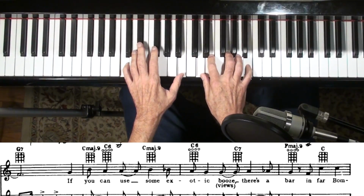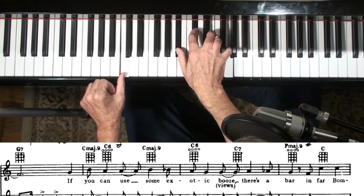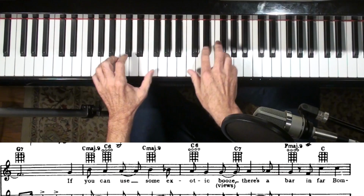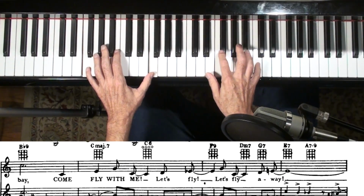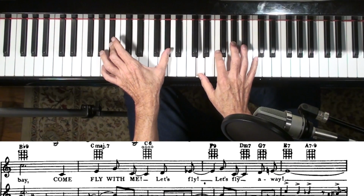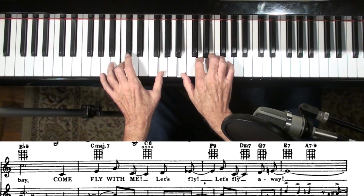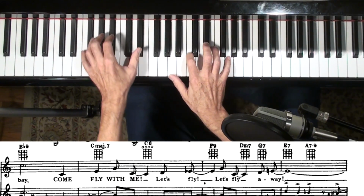If you can use some exotic booze, going to C7. There's a bar in far Bombay. All right, nice B flat 9th chord. Come on, fly with me. Let's fly